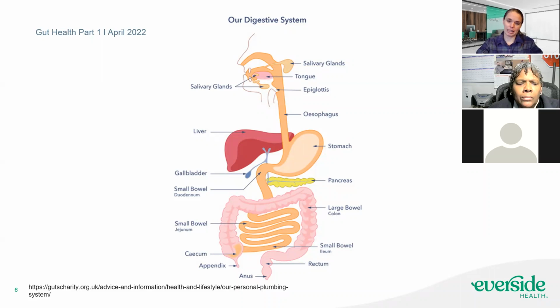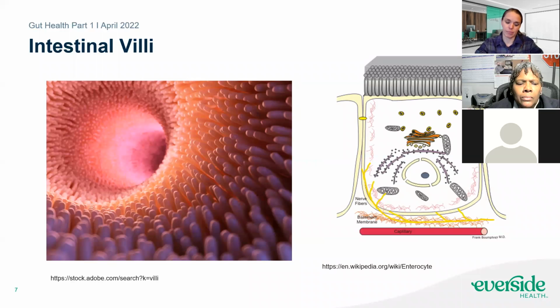So it's going to be helpful to kind of see what this is like. You might have heard that 70% of your immune system is in the digestive tract. And if you haven't, 70% of your immune system is in your GI tract, which is partially why. You have these finger-like projections in your small intestine. These help absorb nutrients along here. And the nutrients can be absorbed at any point along these little fingers.